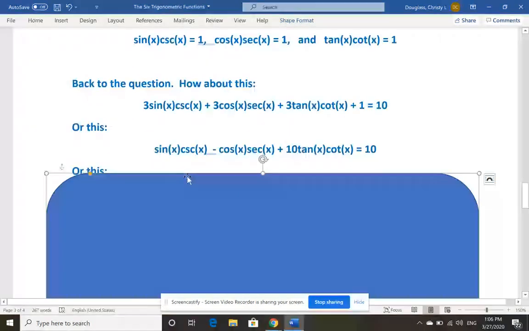So we could write sine x cosine x minus cosine x secant x plus 10 times tangent x cotangent x. So this would be 1 minus 1 plus 10 times 1 equals 10. Or